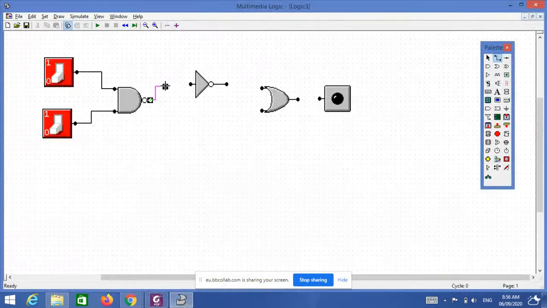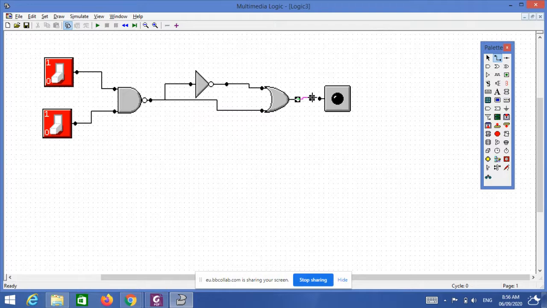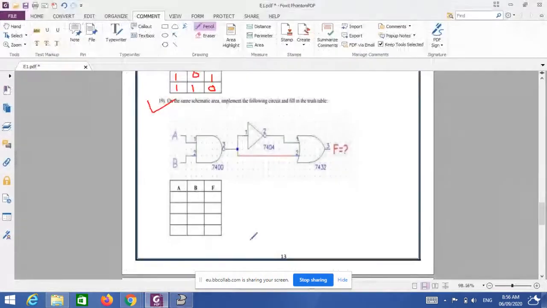So we have given connections according to this.